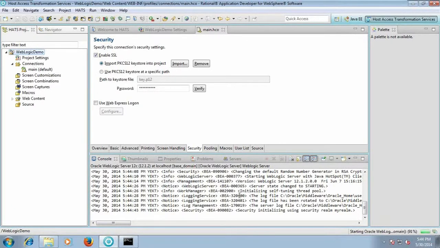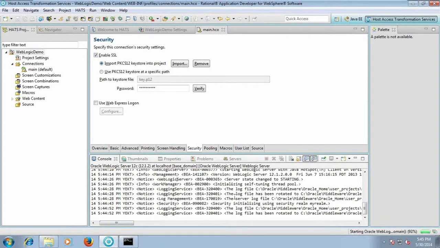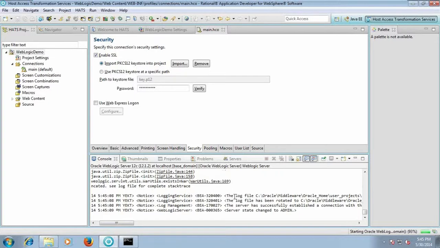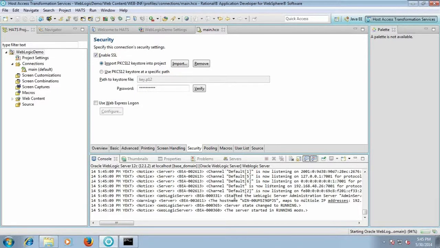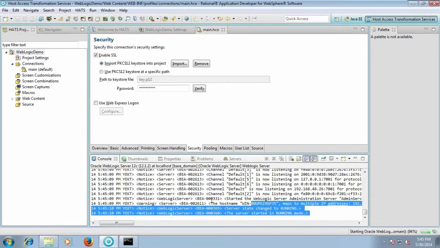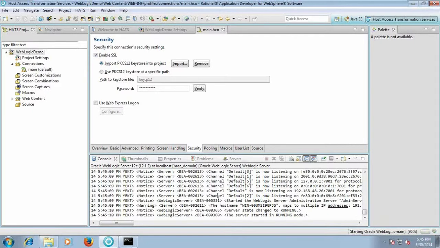You can also see in the console view what operations are being performed. It is starting the Oracle WebLogic domain.